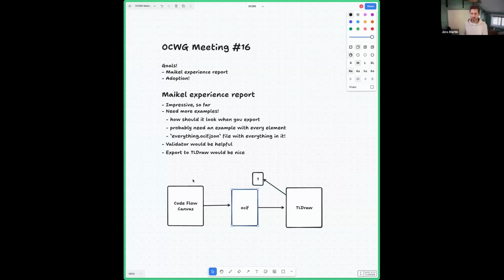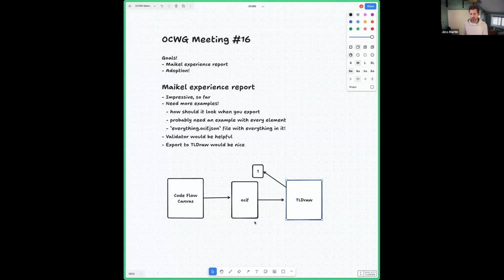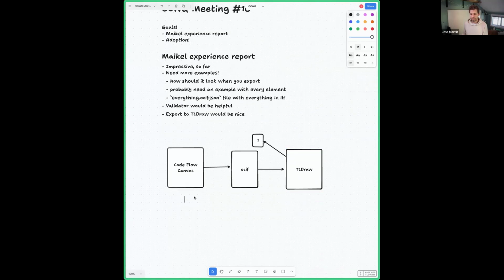And then go back to CodeFlow Canvas. But even just going from OCIF to TLDraw, if there are things in CodeFlow Canvas that TLDraw doesn't understand, which I'm assuming there are, do you know what some of those things are? That you have no way to represent? Yeah, I think I can